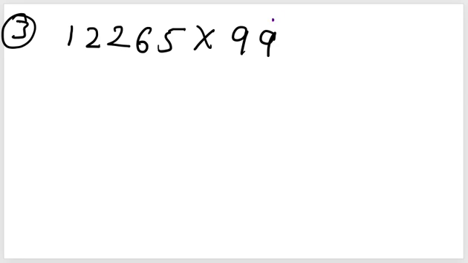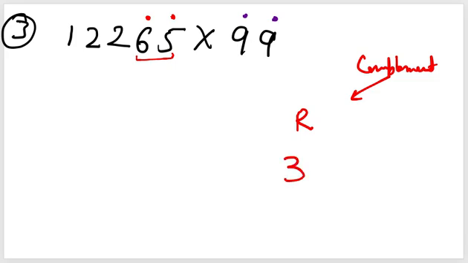What I'm observing, there are two digits and they are more in number. So first of all, I'll highlight the two digits from the right side, not considering the two digits in the front. From the back side, just highlight these two numbers, and these two numbers are going to be my right part of the answer. So what I will do, I'll find out the complement here. So what is the complement of 65?